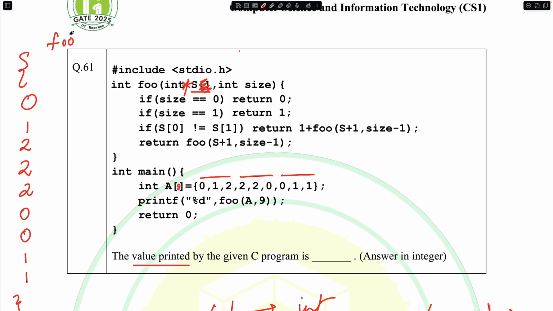And just one more thing, foo is a recursive function. It calls itself over here also and over here also, right? And recursive functions are kind of very difficult to explain, right? After doing programming, slowly and slowly you develop the kind of grasp exactly how you have to interpret it. But if you have not really been exposed to that, it is kind of difficult for you to understand recursive